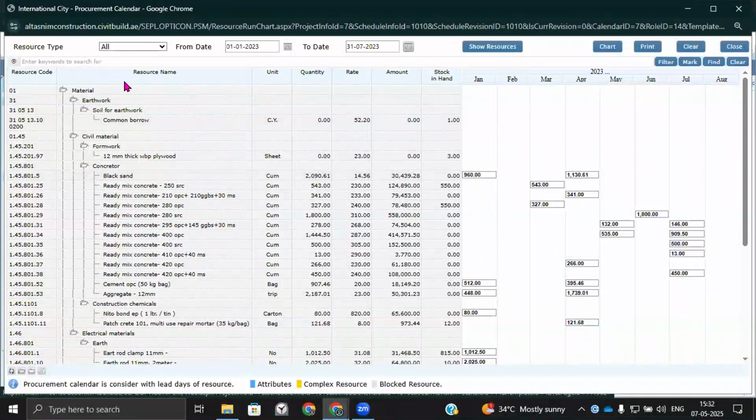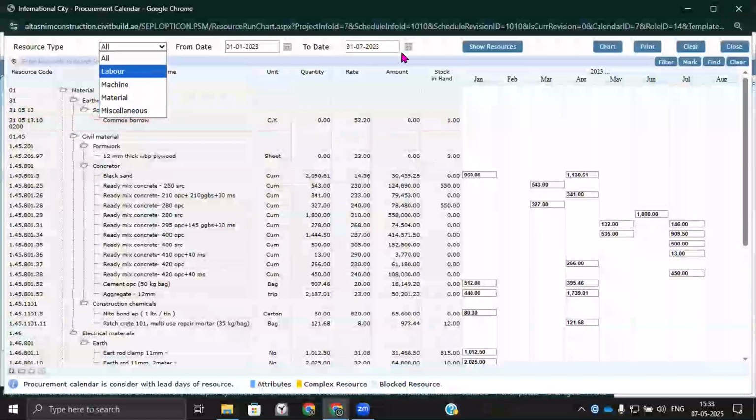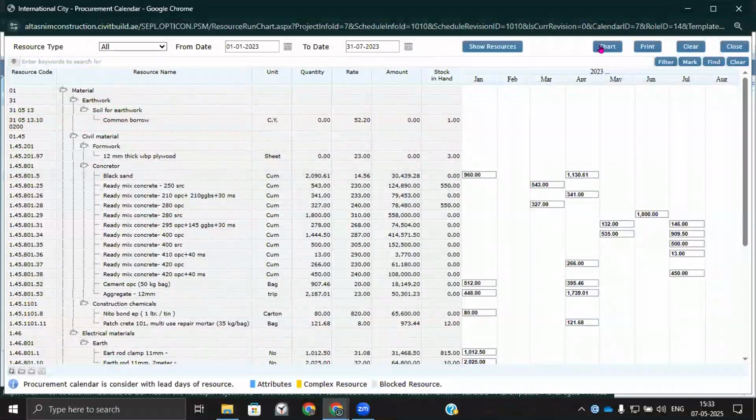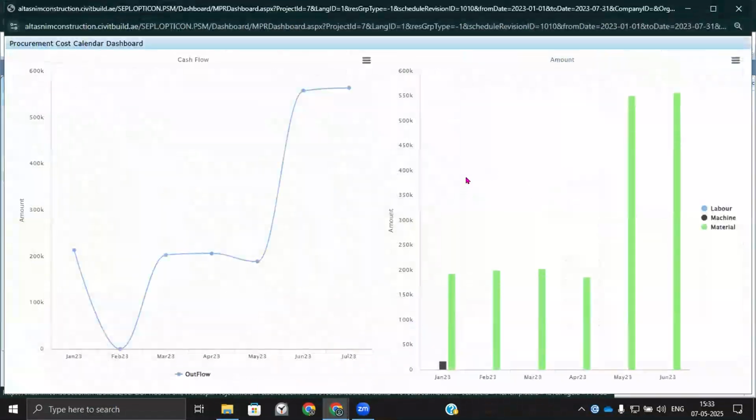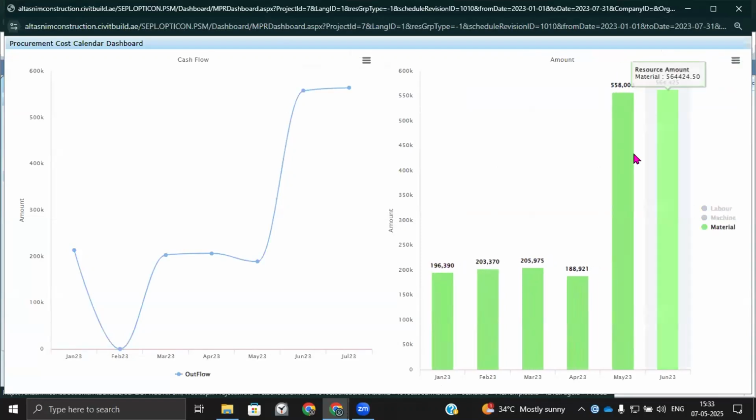You can categorize by labor, machines, and material, with the particular timeline and date range. Additionally, graph and chart views will help you understand the graphical representation of your cash flows based on the planning prepared.